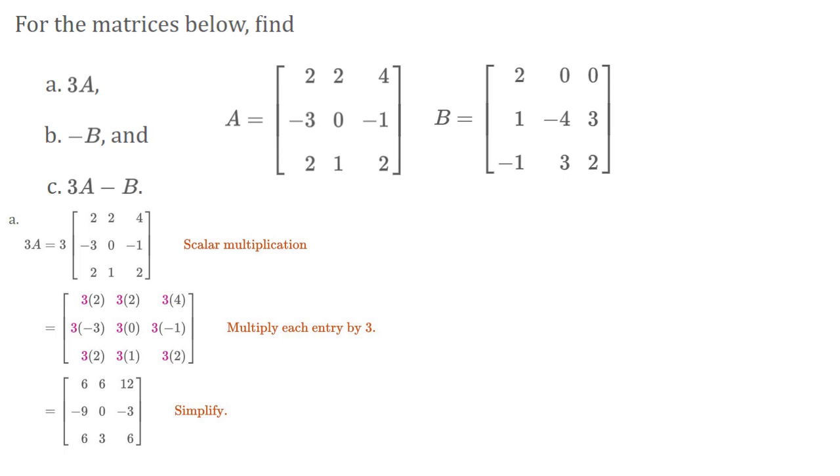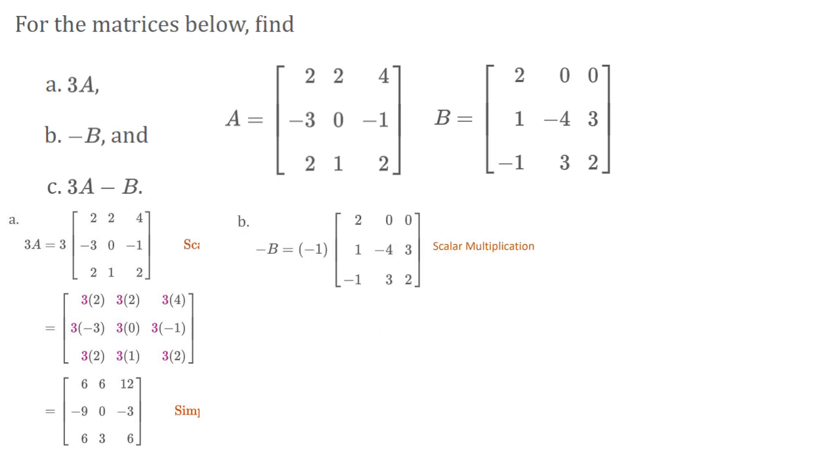Now let's do B. Let's interpret that as 3A minus B, but just do -B first. So that means this is also a scalar multiplication, but we're multiplying a -1 to my B. The -B means I'm multiplying -1 to my matrix B, and it's the same way that I did the A. I'm going to multiply -1 to all of my elements in my matrix. And when I do that, again, -1 times 2 is a -2, -1 times 0 is 0, -1 times 0 is 0,